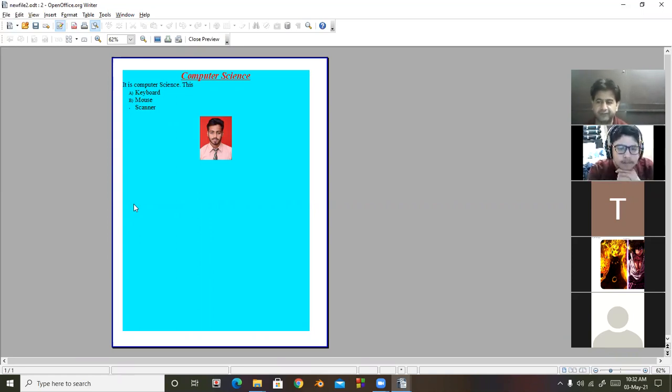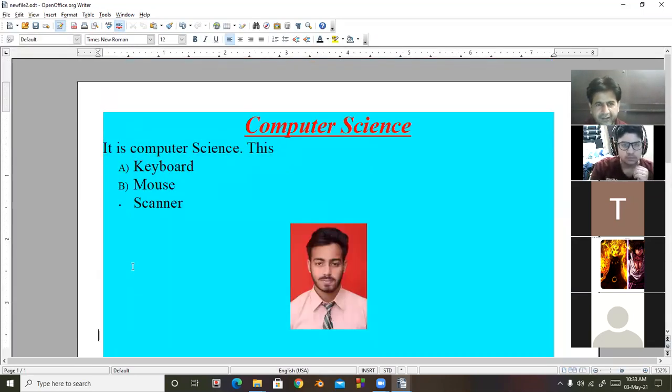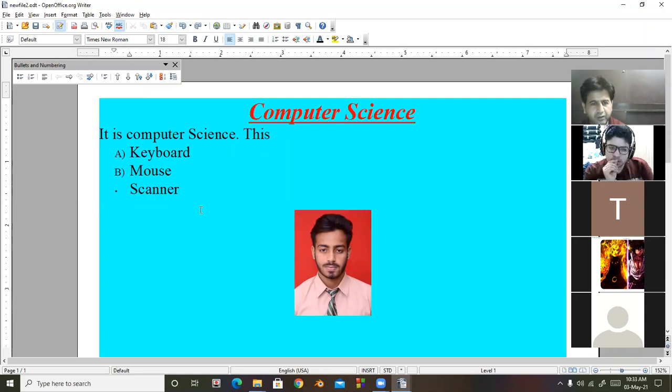So look at here. You can click on the Close button to close the preview. In case there is an error, to remove the text, you can press Ctrl plus Z for undo.